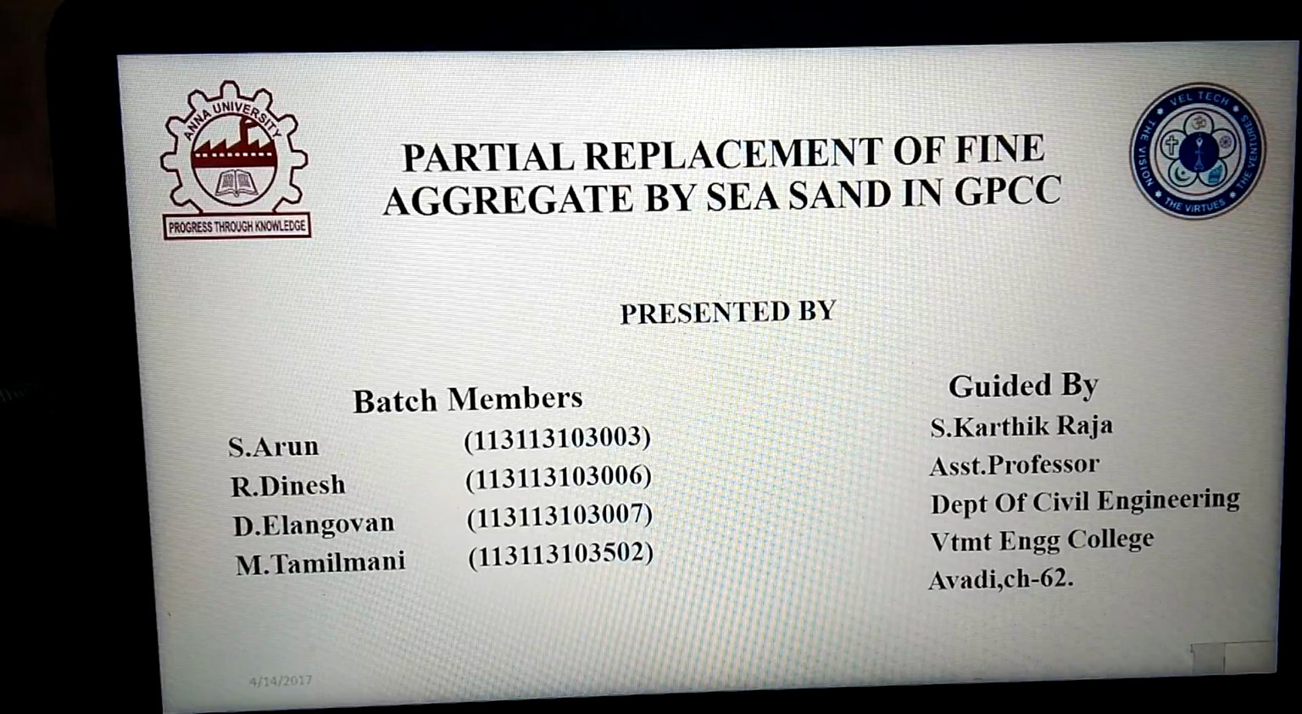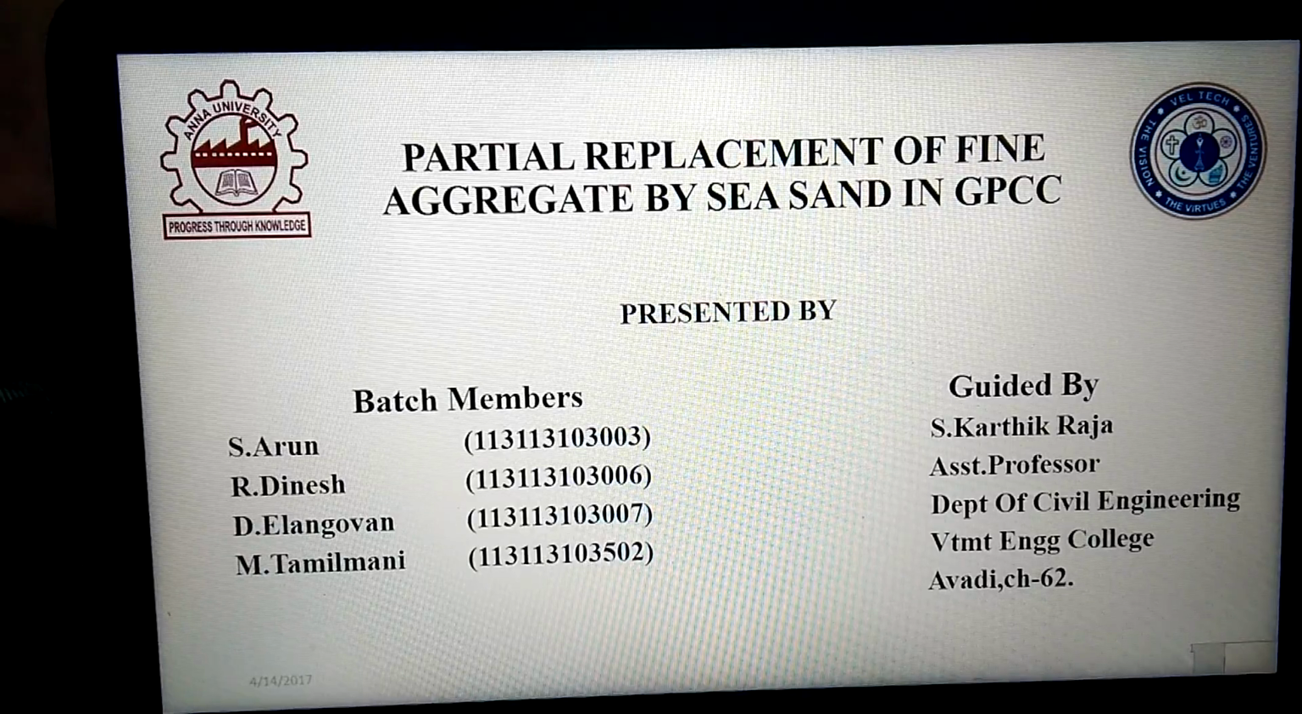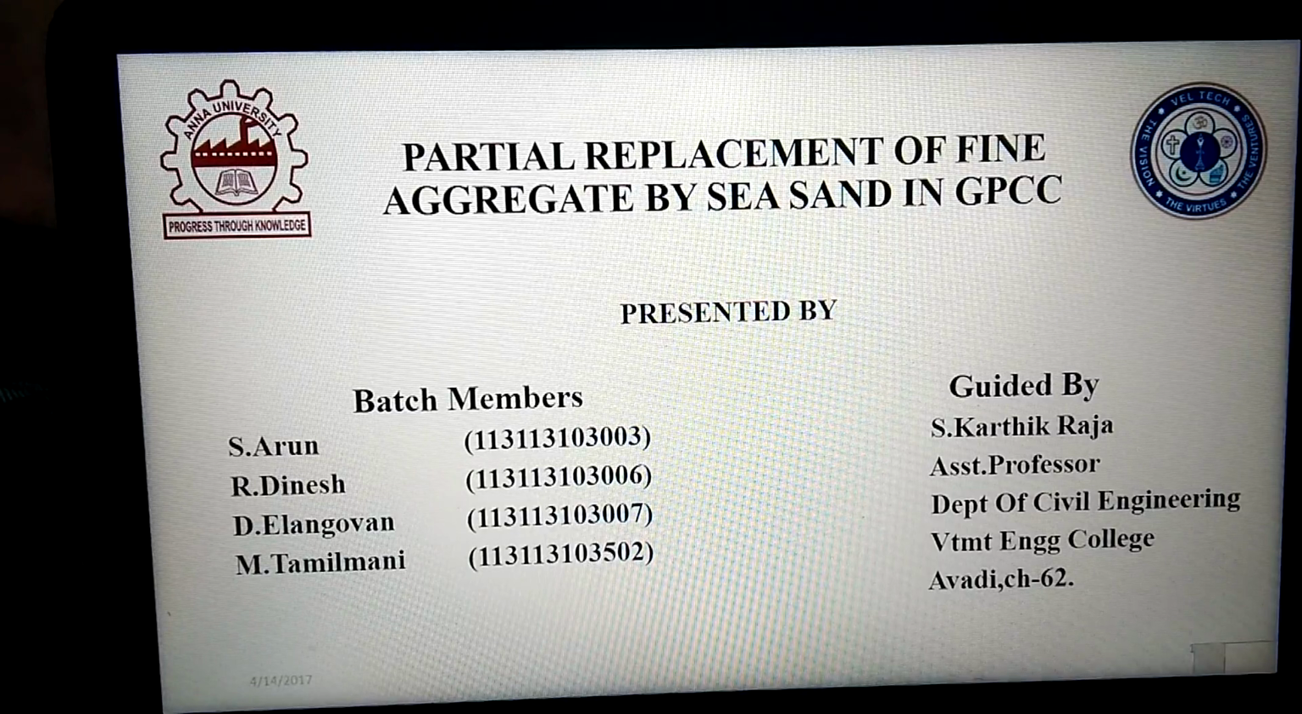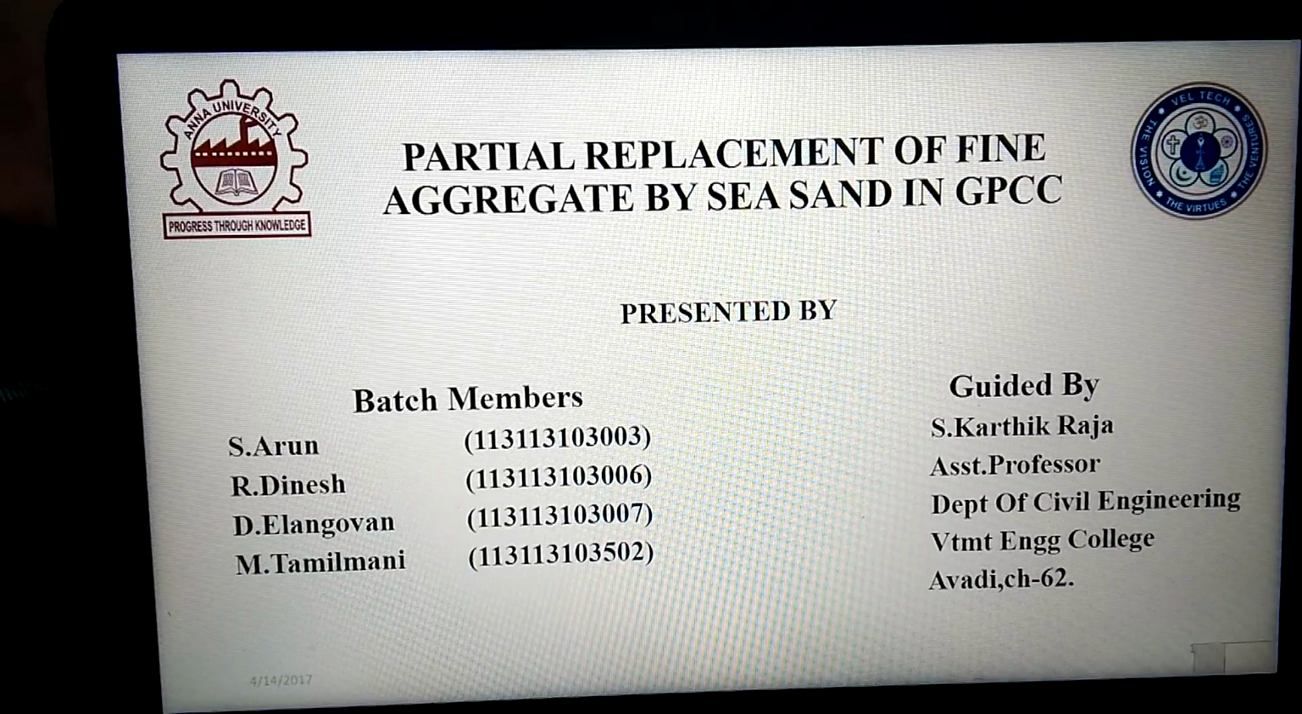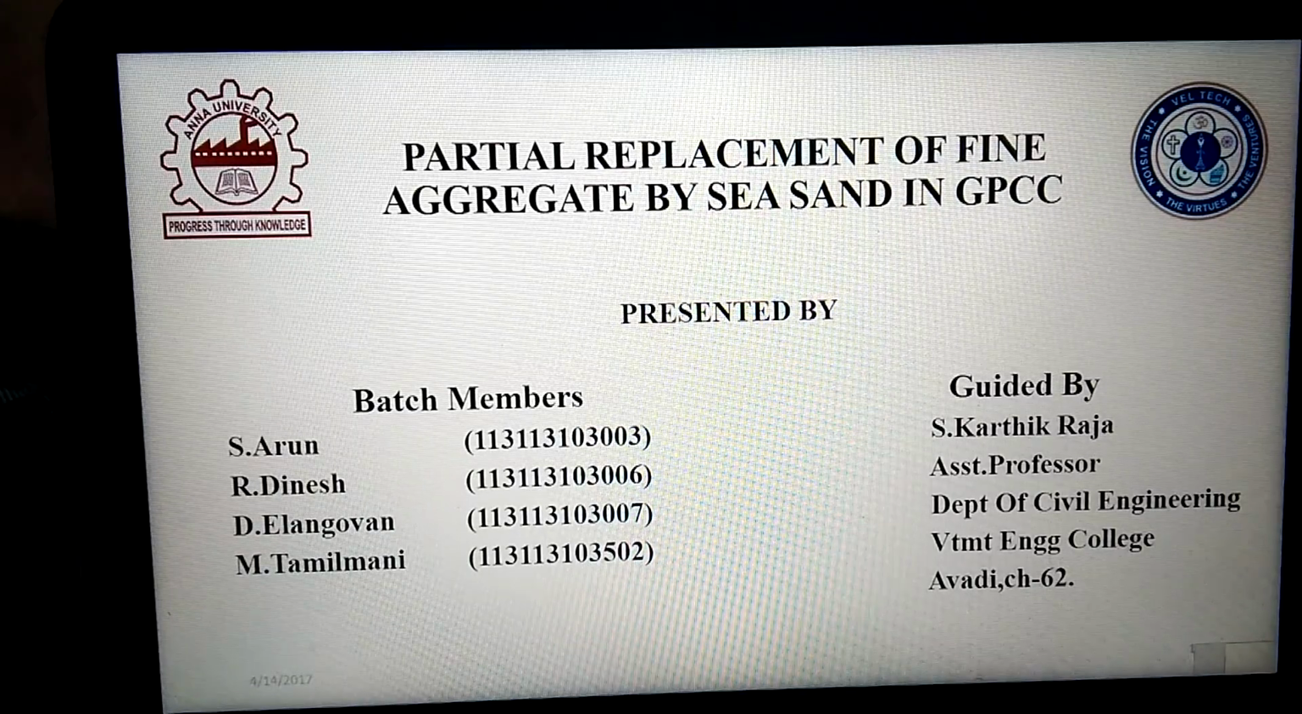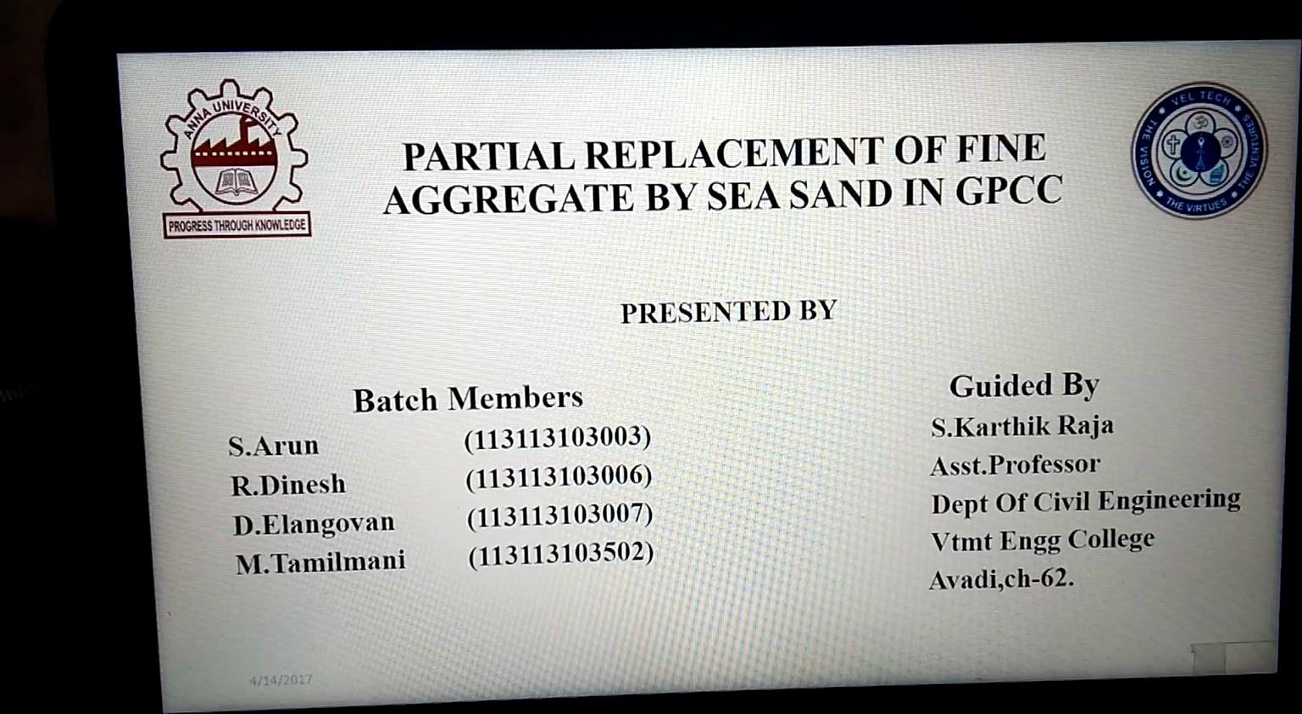Hi viewers, we are studying at Well-Tech Multitech Dr. Rangarajan Dr. Sakunthala Rangarajan Engineering College in Avadi, and we are from the Civil Department, final year. Our project is about partial replacement of fine aggregate by sea sand in GPCC, and GPCC implies geopolymer cement concrete, and